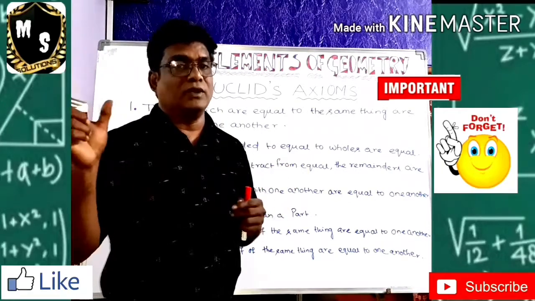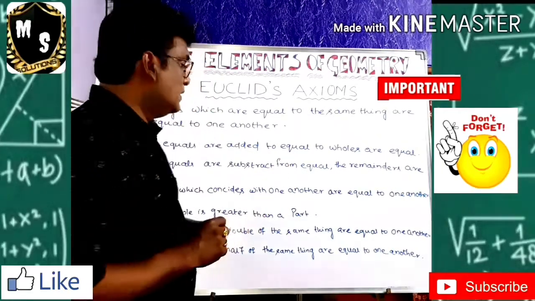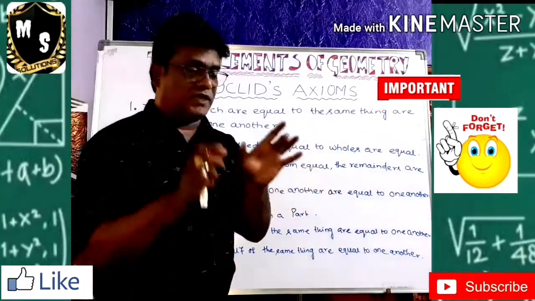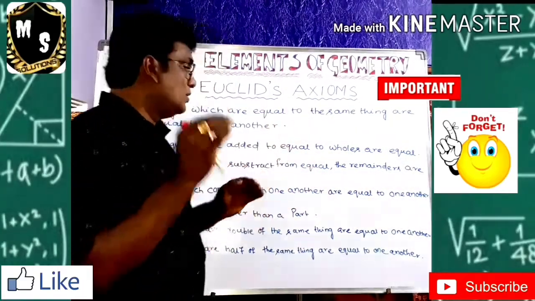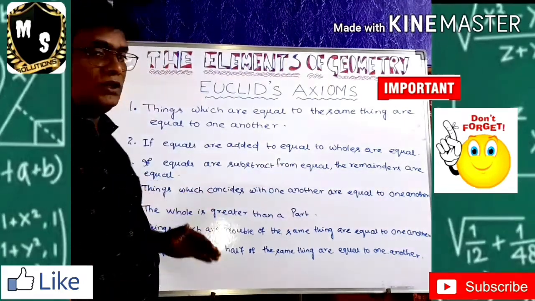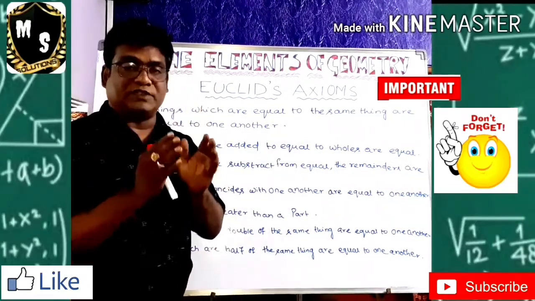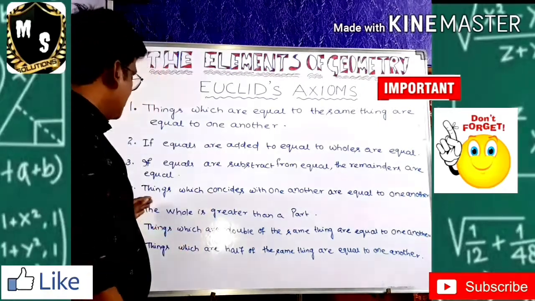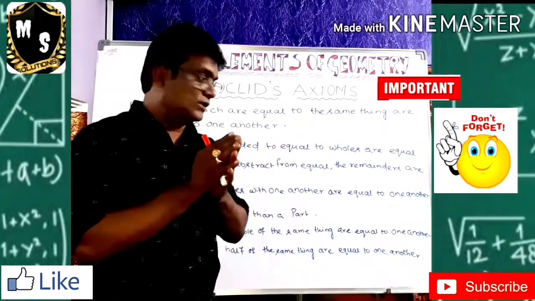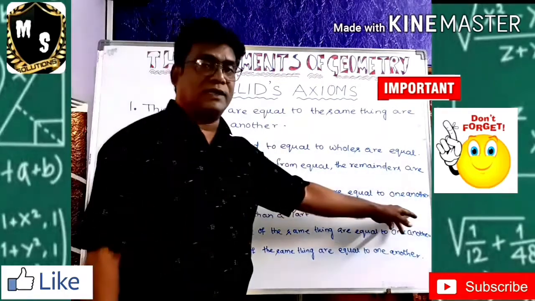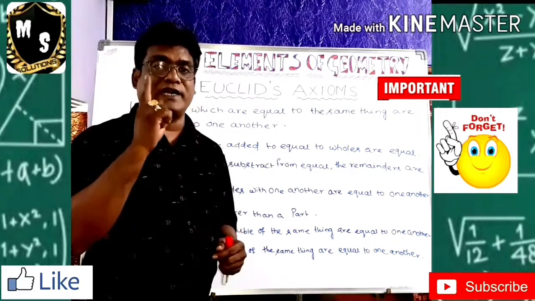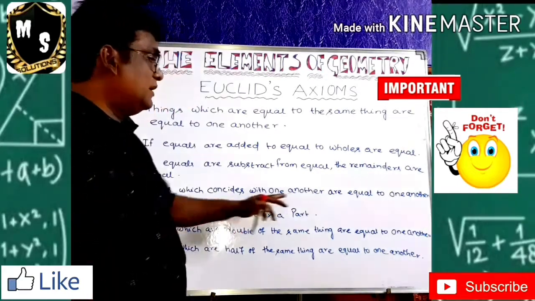The whole will be equal to the both. Clear? Now, if equals are subtracted from equals, the remainder which is remaining are also equal to the single part. Next, things which coincide with one another are equal to one another. If one line is coinciding with the other line, then only one line can be seen because both are equal to